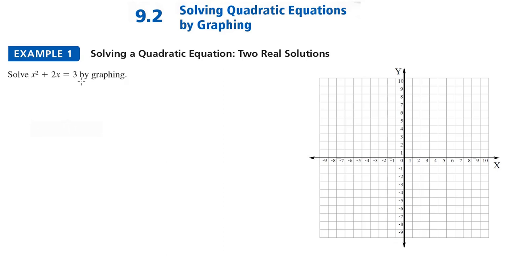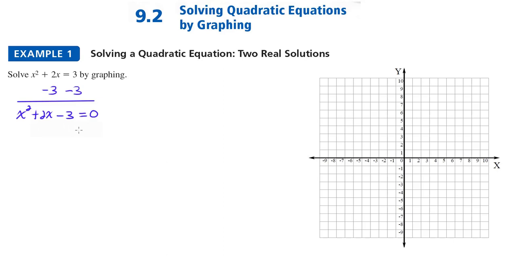Now the first thing we want to do is set this equation equal to 0. We can see right now that it is equal to 3. So to set it equal to 0, we're going to need to subtract 3 from both sides of this equation. This gives us the equation x squared plus 2x minus 3 equals 0, and now we can go ahead and